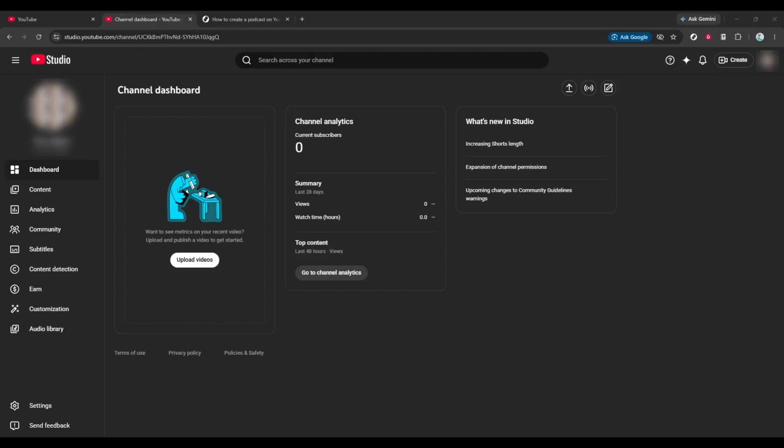Are your podcast episodes not showing up in YouTube's podcast tab? That's a super frustrating place to be, especially when you know your content is great, but it's just not getting the discoverability it deserves. The good news is there's a very specific fix for this, and that's exactly what we're